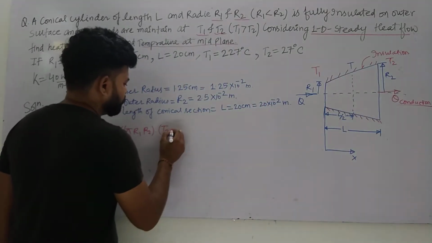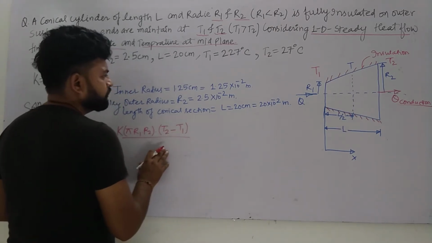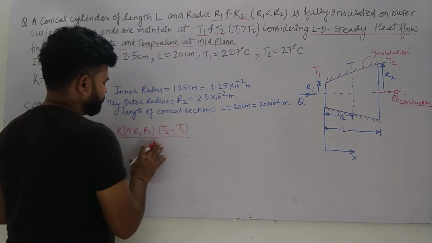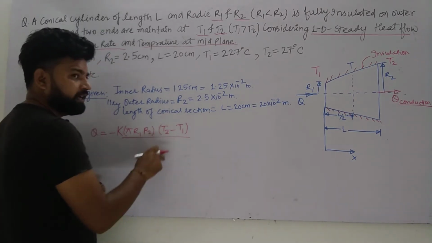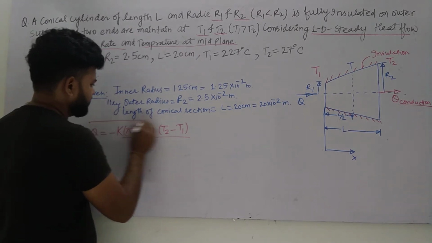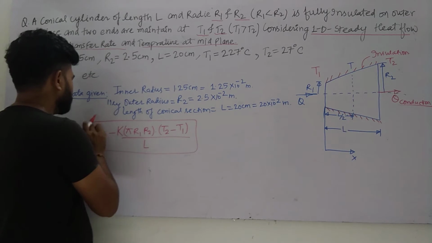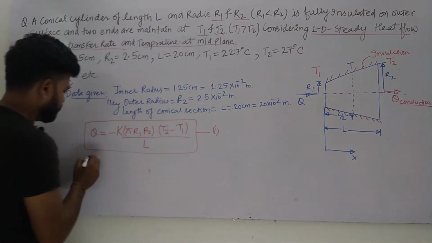So this will become T2 minus T1 divided by L. That was kA by L. So what is L? Yes, L is this. So putting all values in this equation number 1,